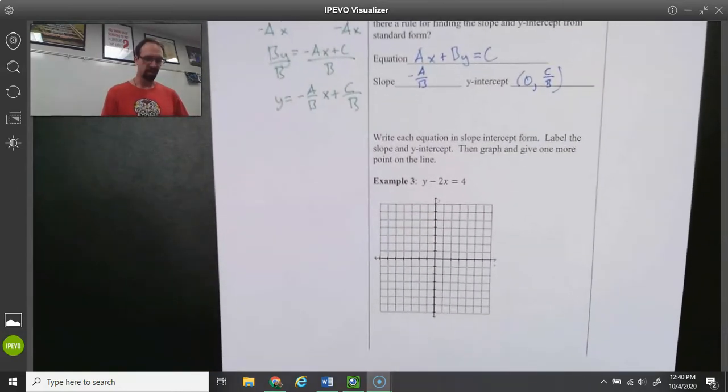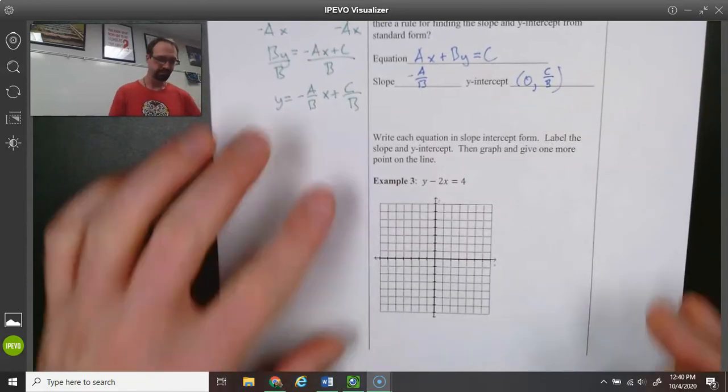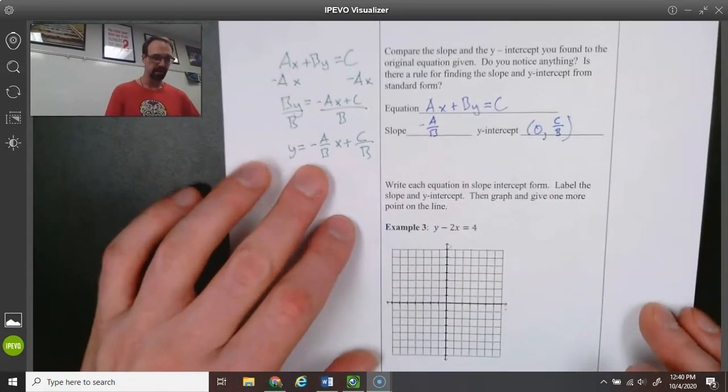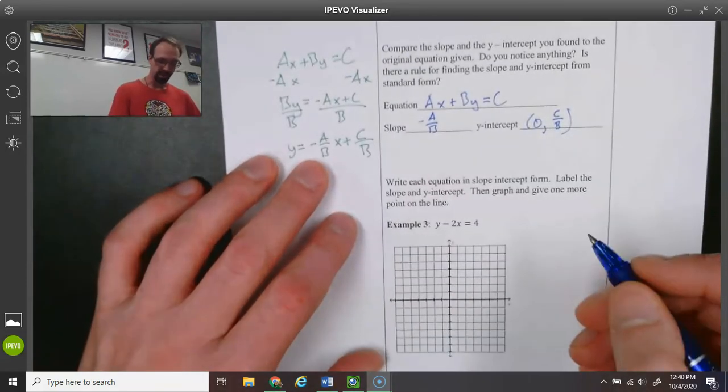Write each equation in slope-intercept form, identify the slope and y-intercept, then graph and get one more point on the line. So again, we're going to talk about converting this over. If I think about the term that we just had up here, 1 is the value in front of y,